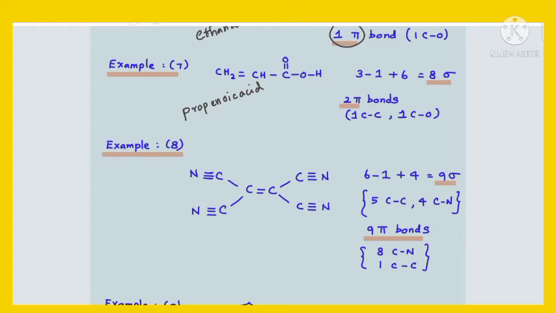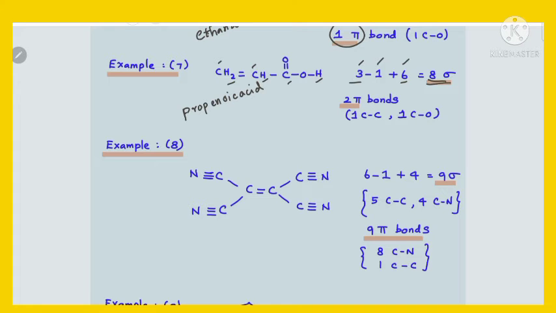Okay, right. Now let us calculate the number of sigma bonds first. Carbon number, so 1, 2, 3. The carbon number is 3, minus 1, plus total number of other atoms. Here 2 hydrogens, 2 plus 1 hydrogen, 3, another hydrogen, 4 hydrogens, and 2 oxygens. So 6. The number of other atoms is 6. So 6 plus 3, 9, minus 1, 8. So there are 8 sigma bonds in the molecule.